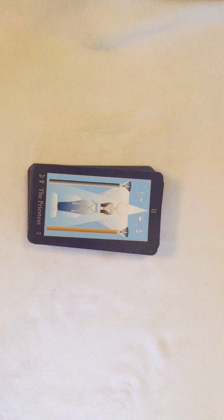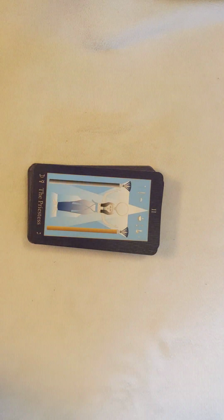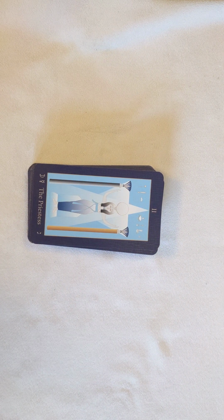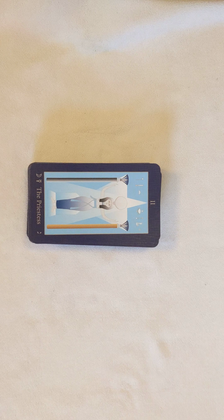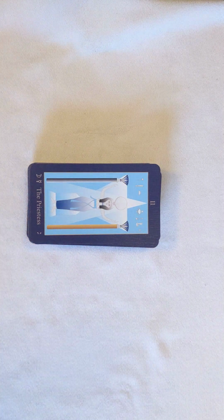The price of the book is $42 online right now, and so if you buy both, it's around $105, $110. But the last thing I wanted to do is read from the book, just so that you guys could have an example of what the book says about one of the cards. And the card that I chose to read about is the High Priestess. This will just be the first couple of paragraphs from the chapter on the